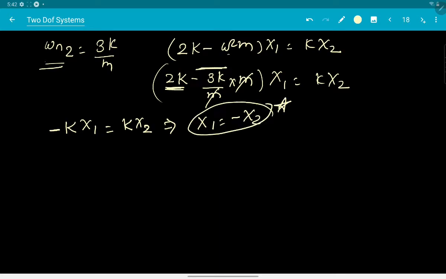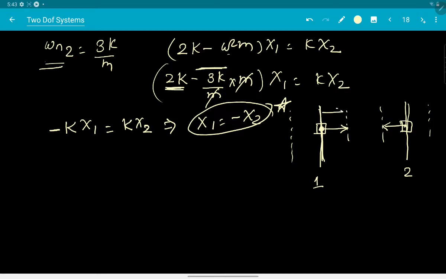So this is a slightly different synchronous motion than what we have assumed in the beginning, or what we have obtained in the first case. So this is, let's say, mass number 1 over here, and this is mass number 2 over here. So when mass number 1 will start moving towards right hand side, mass number 2 will start its journey in the opposite direction, which is towards the left hand side, negative direction of x. And again, amplitudes, that is how far they are going from their mean positions, those are identical.